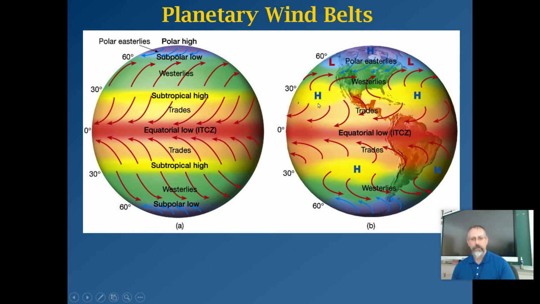Now, the trade winds are named that because traders figured this out long before there were meteorologists. They knew that they had to get closer to the equator if they wanted to sail from Africa or Europe and get to the New World. And when they wanted to go back, they would sail further north and catch the winds to get pushed back over in the opposite direction. So sailors sort of figured this out because that was how they could move. So some of these have names associated with that fact.